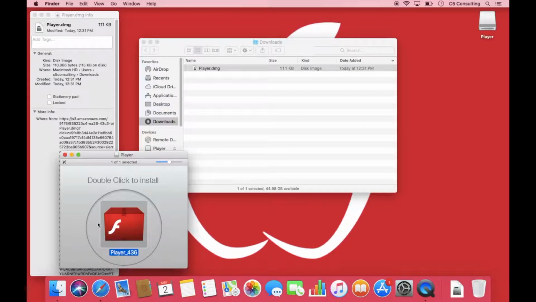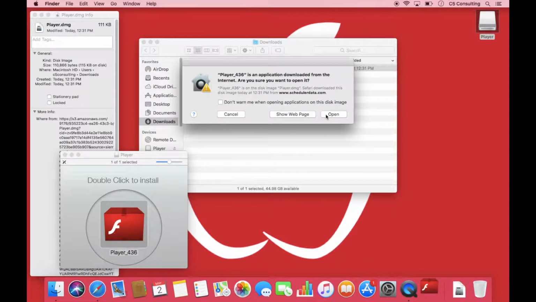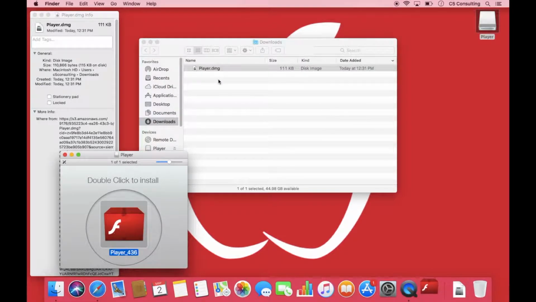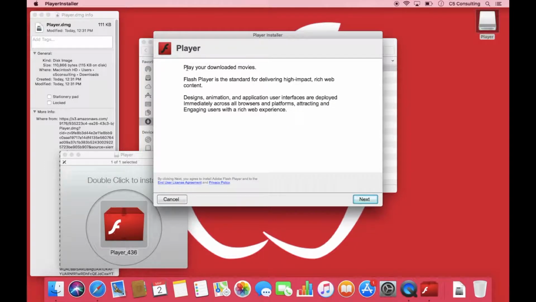So you'll notice that it says Player 436 in this case, which is not at all official. And if you look at the site where it came from that the system will show you, you notice it's not from Adobe either. So far we have several indicators that this is not an official download. Then we open the installer itself, and you'll see it doesn't even say Flash Player, it just says Player. Then you go down here and you look and see where this questionable grammar and capitalization and basically scare tactics are what these people use to try to get you to make sure that you have the latest